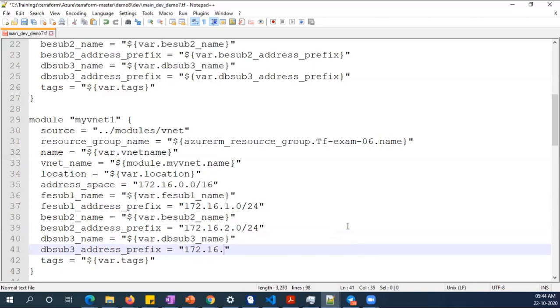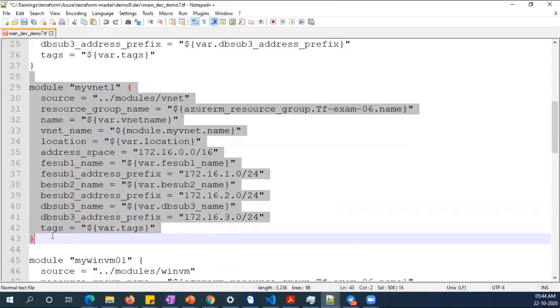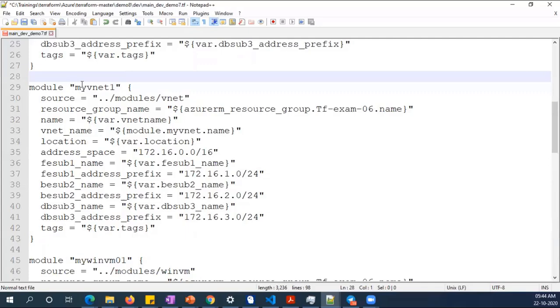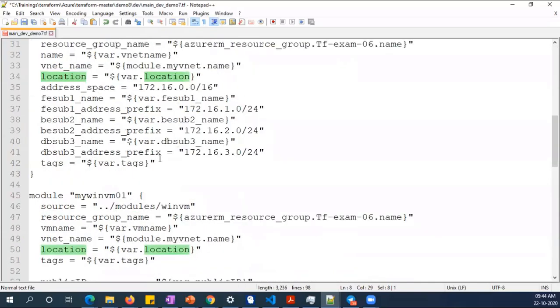16.3.0/24. So now the two virtual networks will be created under the same resource group, but IP address space will be different. So you can create like this in multiple modules. So each time if you want to create a different location, you can create in different location also. So just here you need to create a resource group in different location. Then you can write another module so that in US West also you can use the same